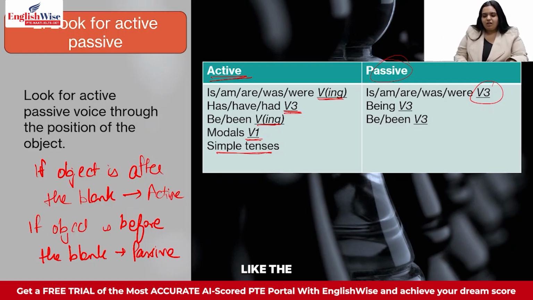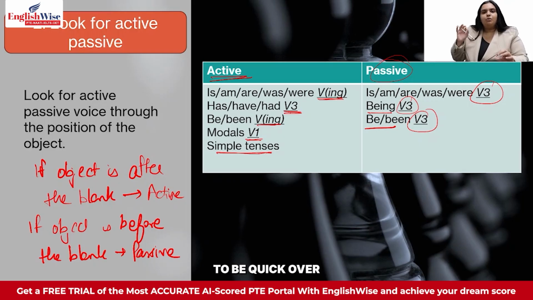Like the scholarship is being applied by him, like that. So this is how you will make it in the passive voice. Again, after being, if you put V3, then it is passive voice. Or after be, if you put V3, then again that is passive voice. Okay, so this is the formula that you have to remember and memorize perfectly in order to be quick over